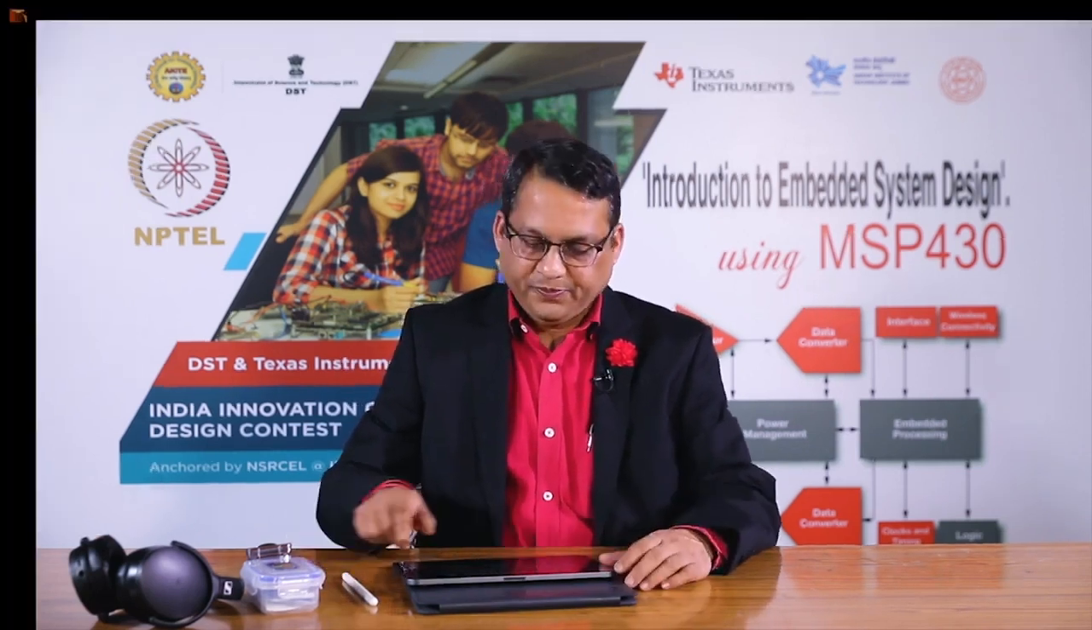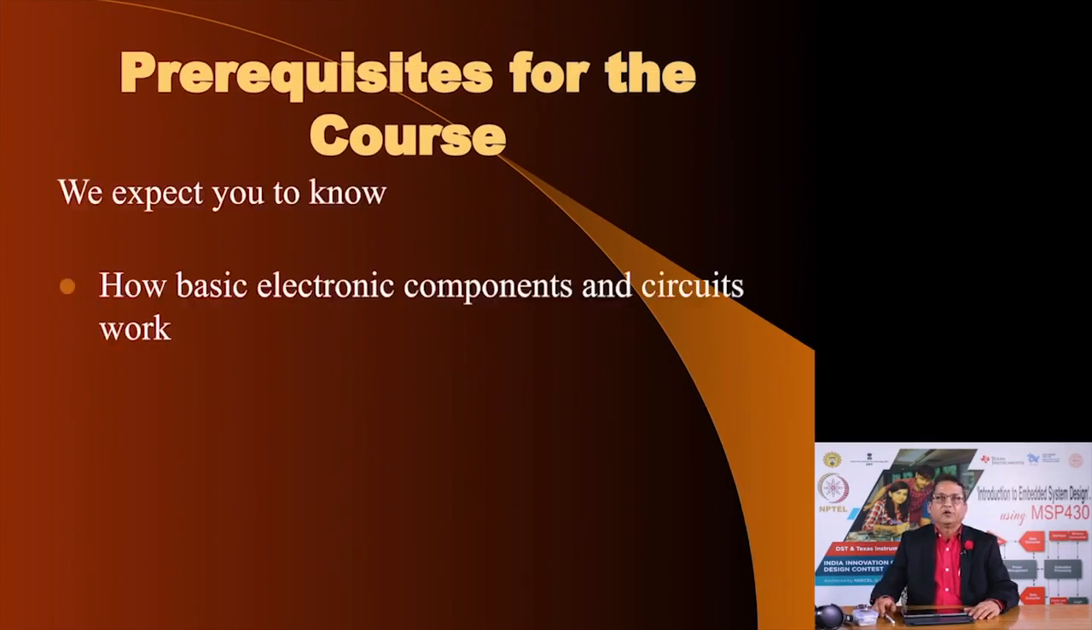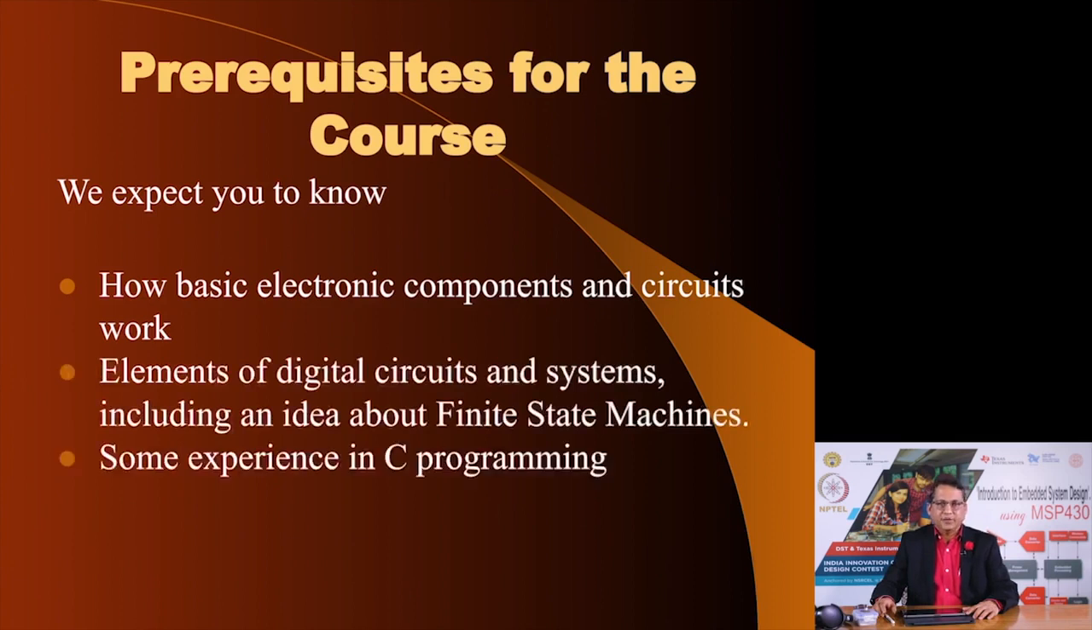After we have covered the course objectives, let us go through the prerequisites which we expect you to know. We expect that you would be aware of basic electronic components and circuits, that you are aware of how digital circuits work, how digital systems work, and you have some idea about the finite state machine. It would also help if you have some experience in C programming and computer architecture. Beyond this,